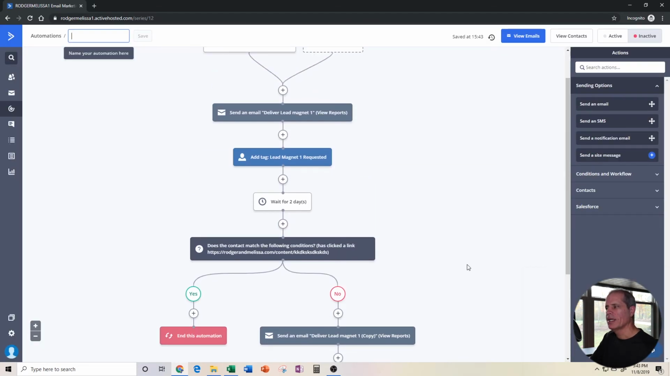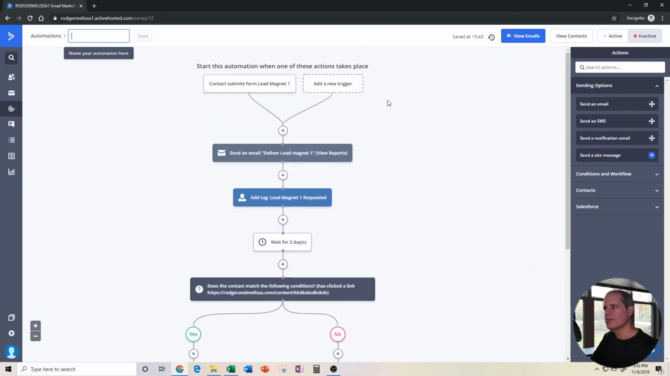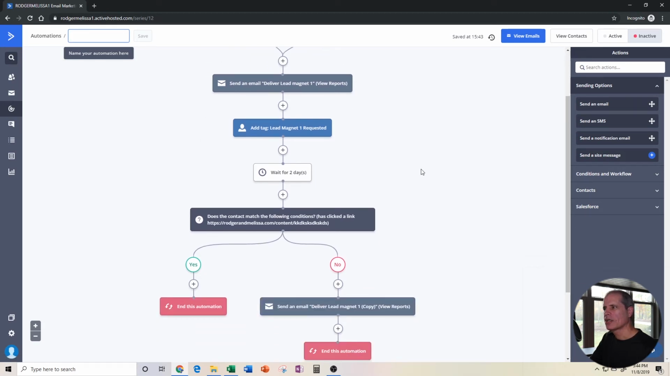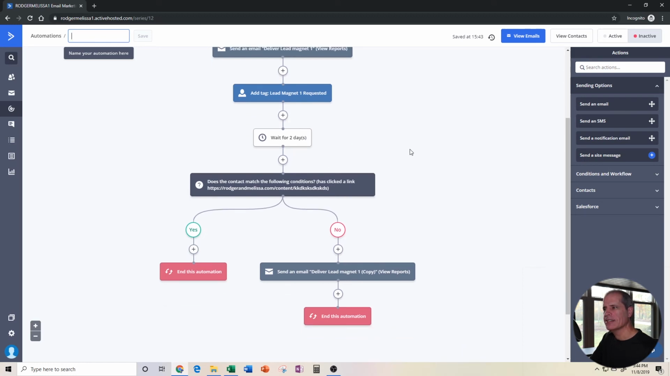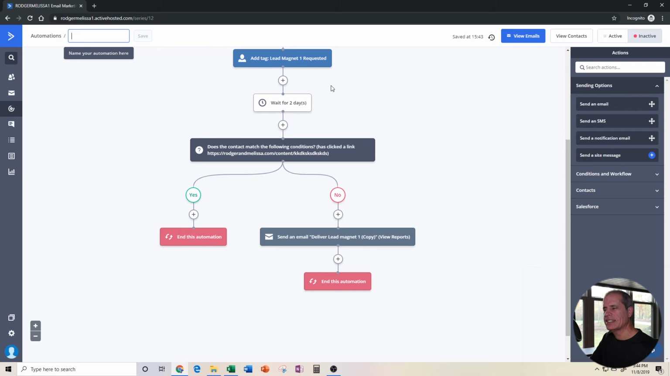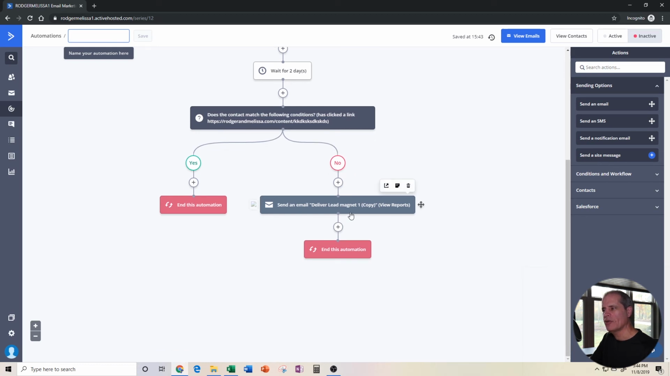So there you have it. You've got your form. When somebody submits your form, it's going to trigger this automation. We're going to send an email that gives them the link to download it. You're going to tag them just so you know who's requested it. You're going to wait 2 days. If they've clicked on that link to download the lead magnet, we're going to end the automation. If they have not clicked on the link to download the lead magnet, we're going to send a follow-up just